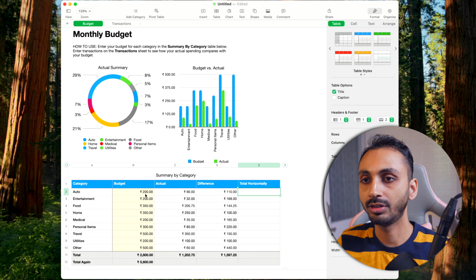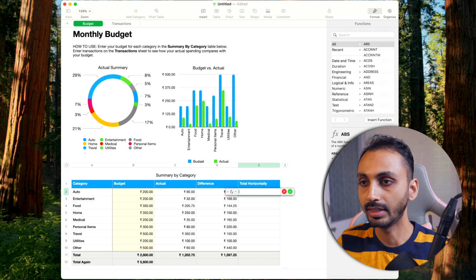Let's suppose we want to add all these three. We simply enter the equal sign here, type SUM and select the sum formula option, and for the value we select this one. As you can see I'm selecting the cells, and the value changes here. Let's suppose we want to add these two, so we select until here, and you can see B2 to C2 values are entered automatically, and if I drag it further, this value will change here as well.